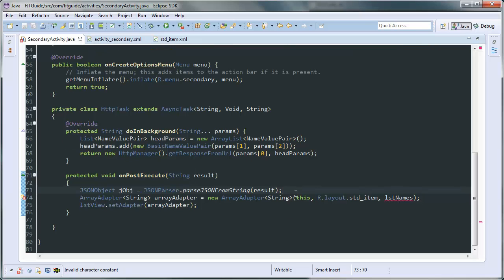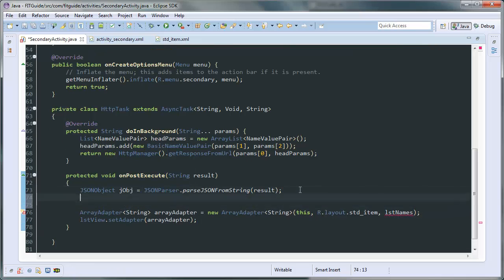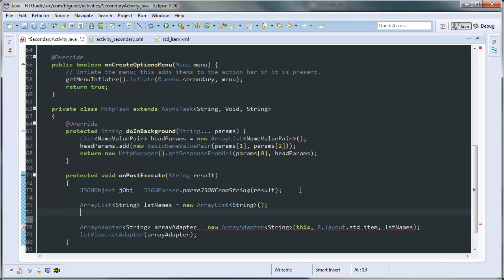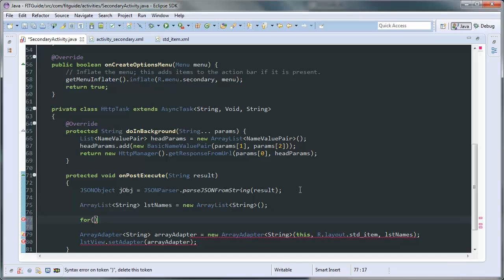And since we have already our JSON stuff, right now I'm gonna create a new array list. So array list. In fact, I could have copied it as well, but it doesn't matter. Array list of strings. And I'm gonna call this lst names as it was, equals to new array list of string. And here's our famous for each. So for student std in our